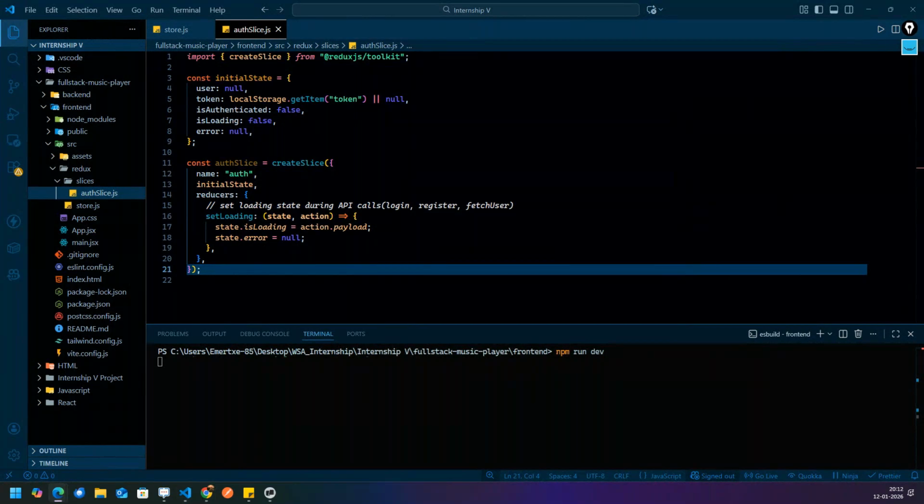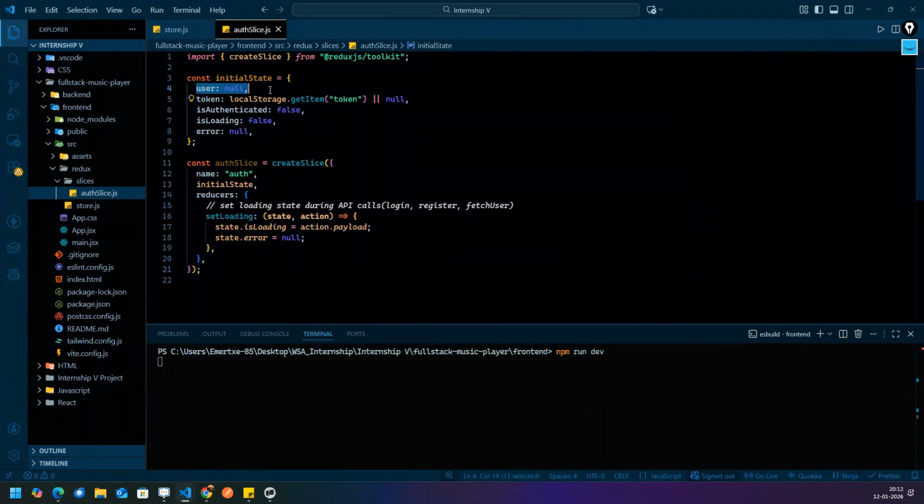Okay, now I'm giving you one scenario. Now what you have to do is update this user data. Tell me, guys, what is the condition, when will the user data get updated?